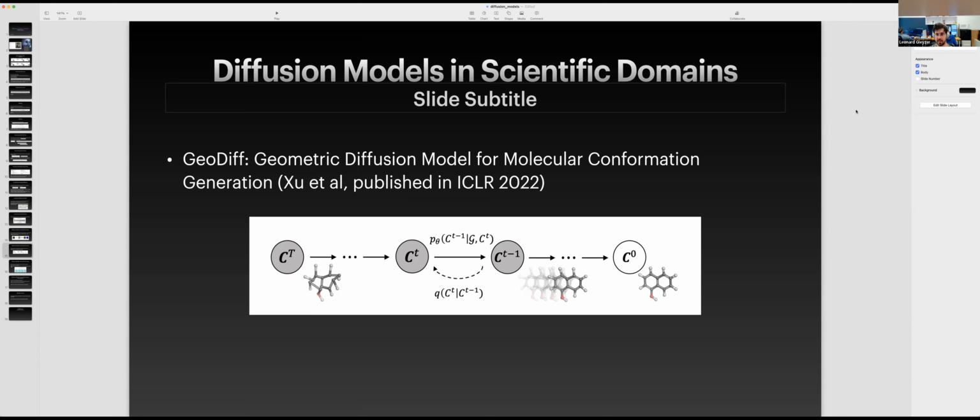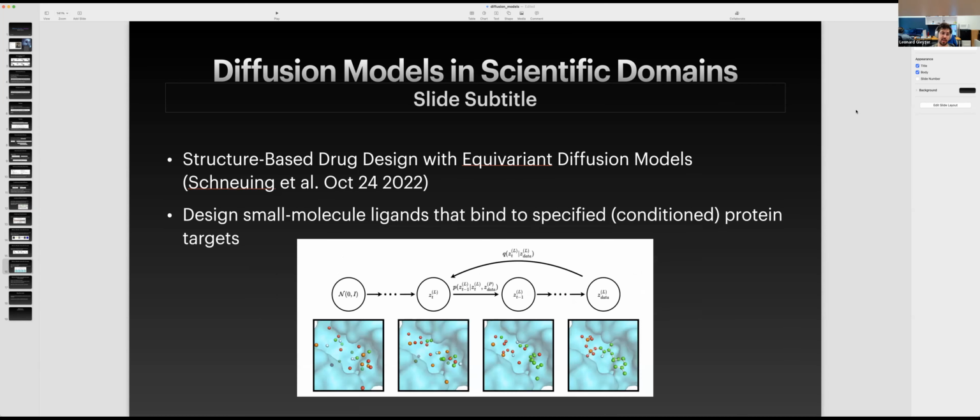Another diffusion model in scientific domains that I found very interesting was put on arXiv October 24th, so literally like a couple of weeks ago. So this is very, very new. The idea is it's a conditional diffusion model where, by conditioning on specific structures of protein targets, the diffusion model generates small molecule ligands that can bind to these specific protein targets. So targeted custom drug delivery and drug design is